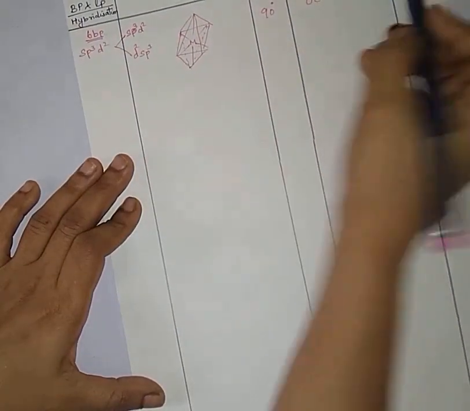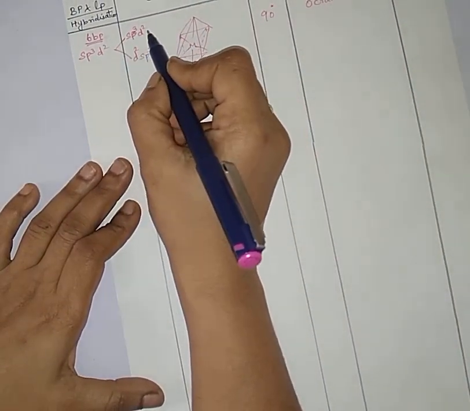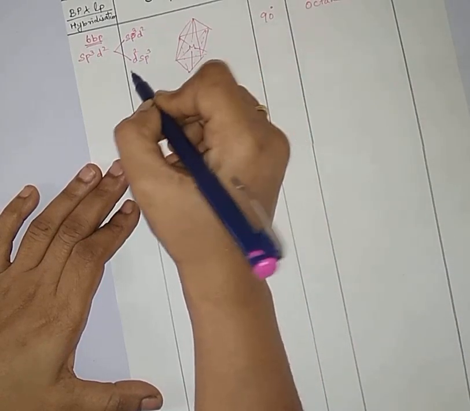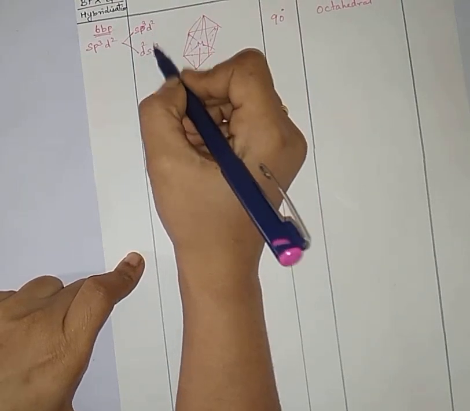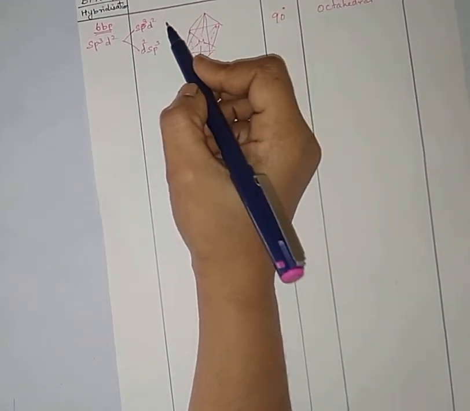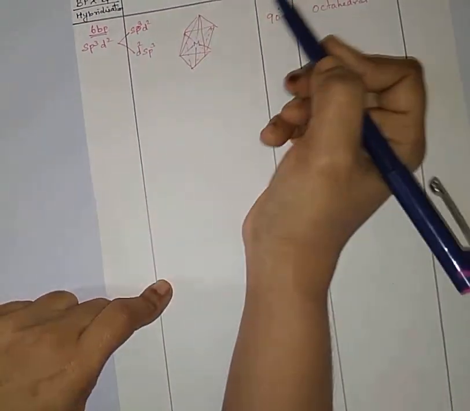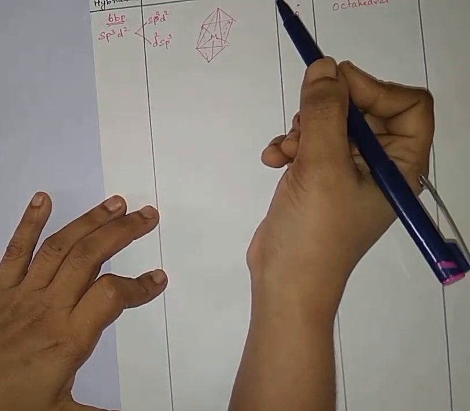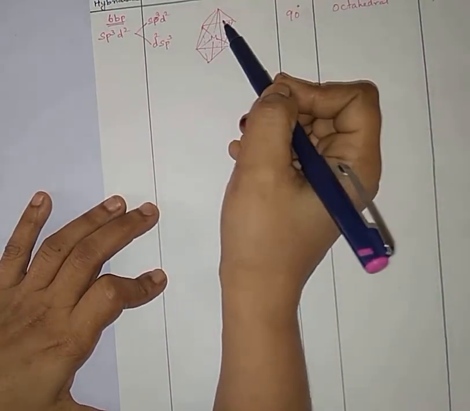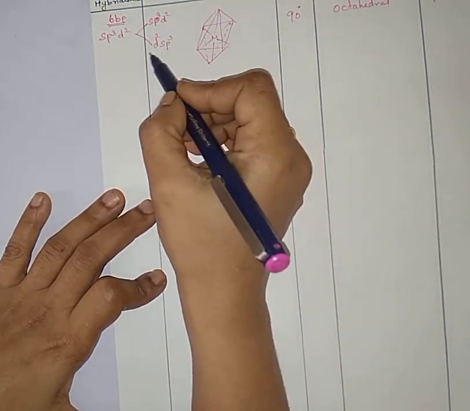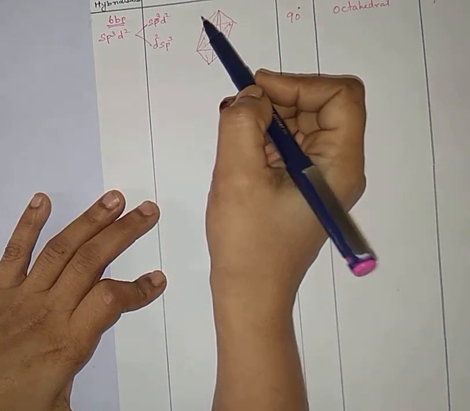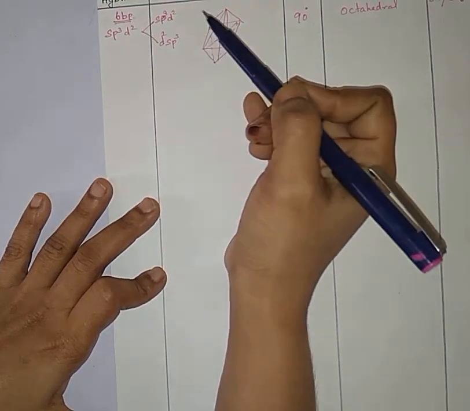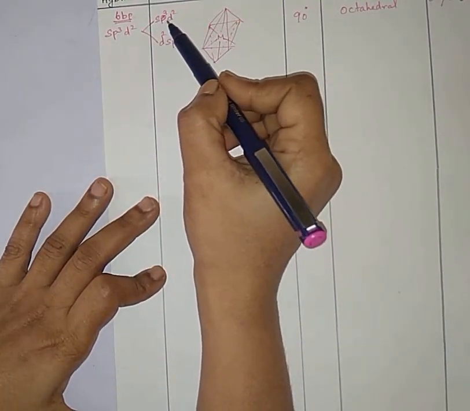And actually one more thing. This is the normal one. If you go to the complex structures, it may be d2sp3 or sp3d2. How do these two differ? The inner orbital and outer orbital, like that, these two differ. It depends on whether the ligand is strong or weak. If the ligand is strong, then it leads to pairing. So what will happen? Inner pairing will take place, so d2sp3 will happen. If the ligand is weak, it is not going for pairing, so that will go for high spin, so it's an outer orbital, so that will be sp3d2.